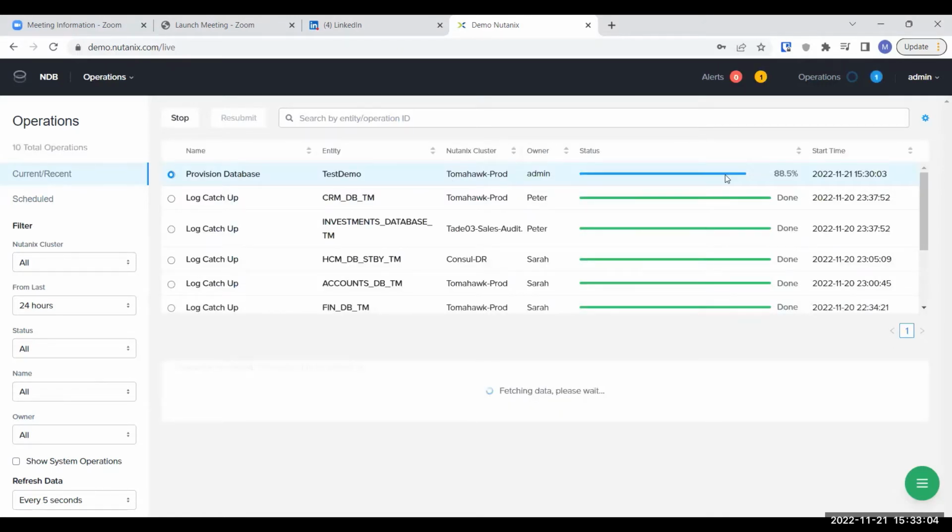You see, it's now 88.5%. When you see the provision database test demo, which I tried to deploy, it will show you the information on what it's doing and in which process it is. It will show everything here.